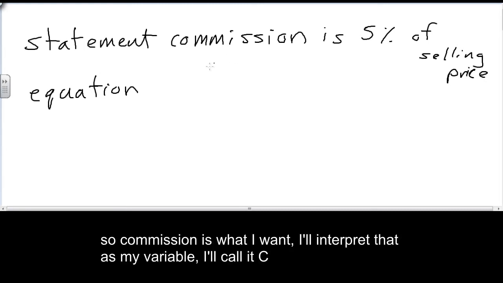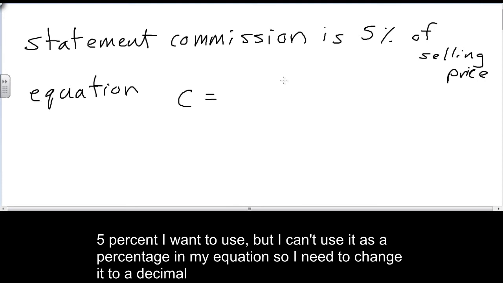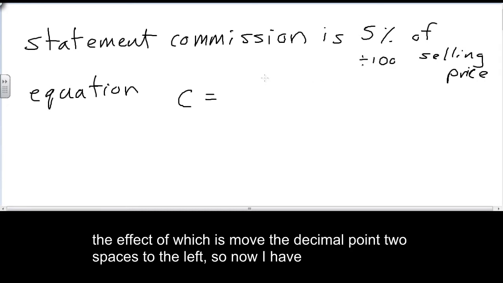So commission is what I want. I'll interpret that as my variable. I'll call it C. Is interpreted as an equal sign. 5% I want to use, but I can't use it as a percentage in my equation, so I need to change it to a decimal, which means I'll divide by 100, the effect of which is move the decimal point 2 spaces to the left. So now I have